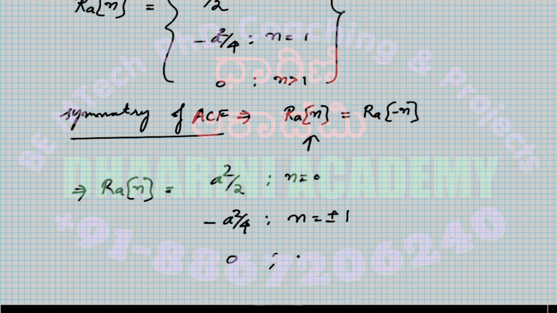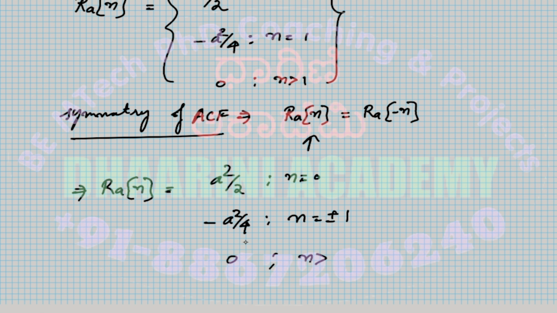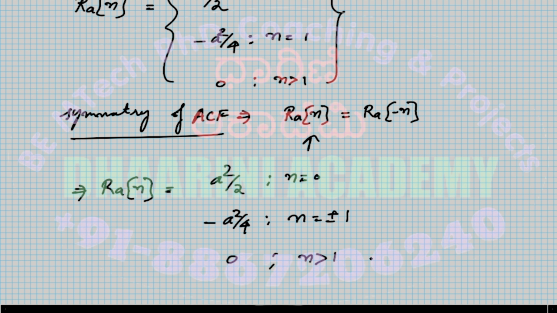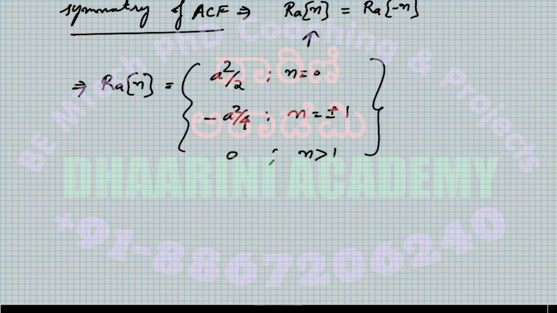Other than that, no change. So n greater than 1 is 0. That's the property I'm applying, which comes from the symmetric properties of the autocorrelation function. All right, I got RA of n once again. In this case also, you see